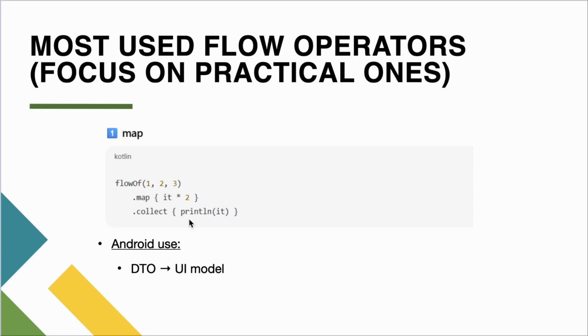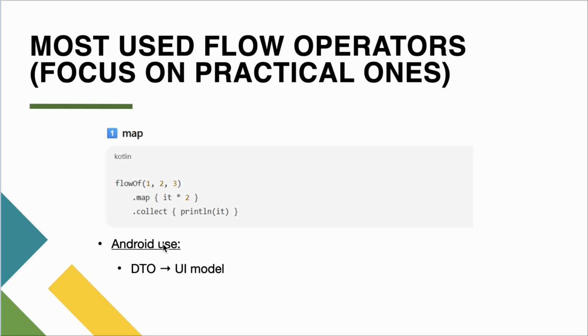So rather you go ahead with the map operator. You just add dot map, and into the lambda parenthesis you do it. It means the data that you're receiving, and for example in this case we are doing the multiplication into 2. So after that, the data has been modified, then you start collecting it. So that's how the map operator would work.